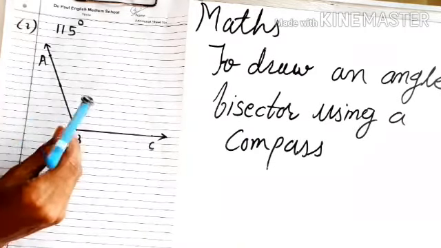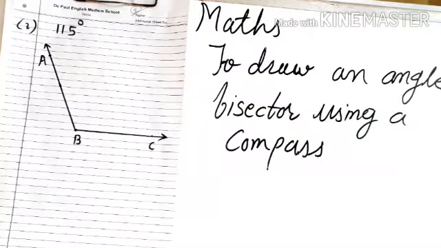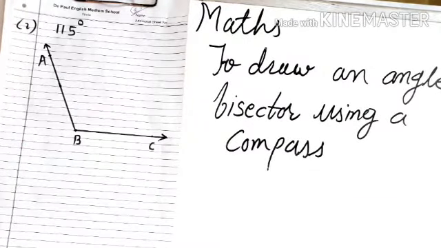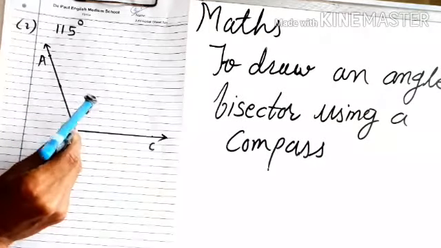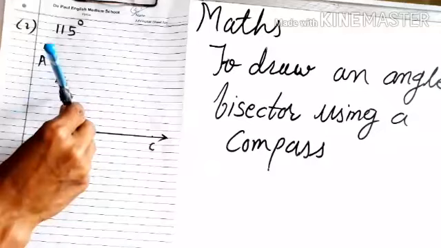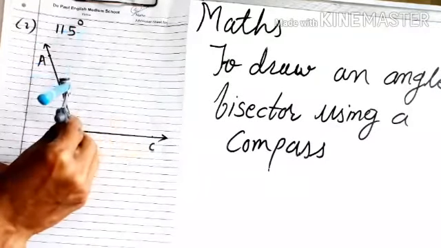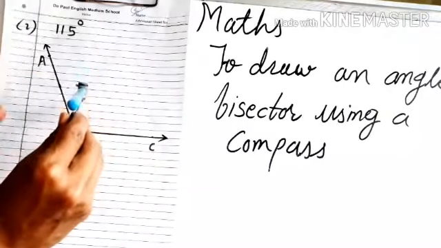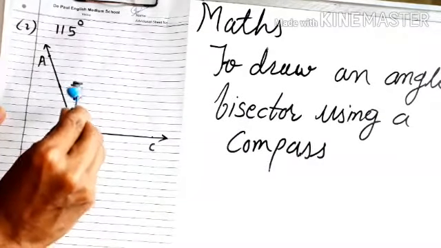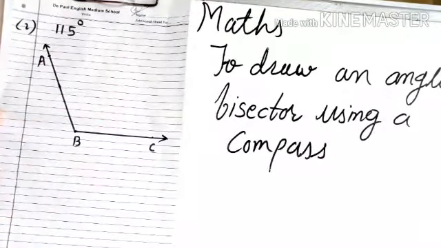So again, same steps. Though it is an obtuse angle, till now I had shown you acute angles only. Now this is about the obtuse angle. So same construction, same steps only. See here. Keep the compass point on point V. Take an approximate distance and draw an arc which will intersect ray VA as well as ray VC.